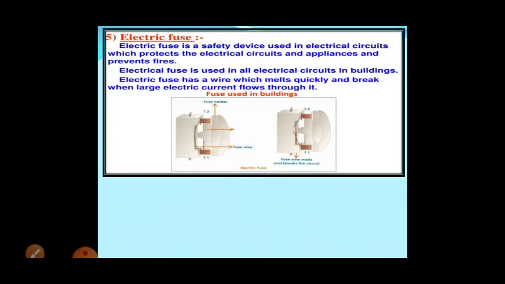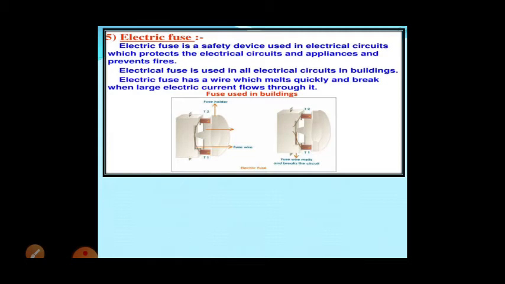So what we are using in the fuse is known as the circuit breaker. When a large amount of electric current flows through it, it will break the circuit. That means inside, the small fuse wire will break, and it will break the complete circuit.